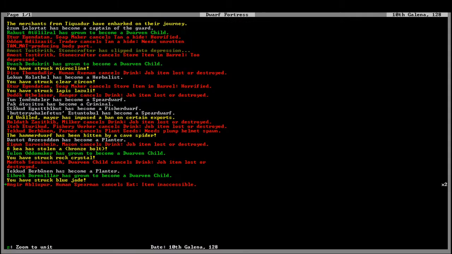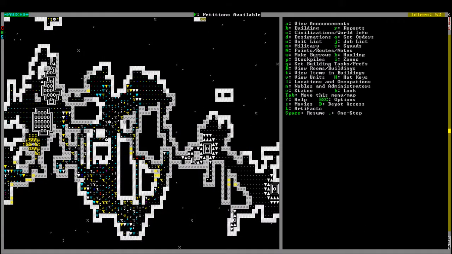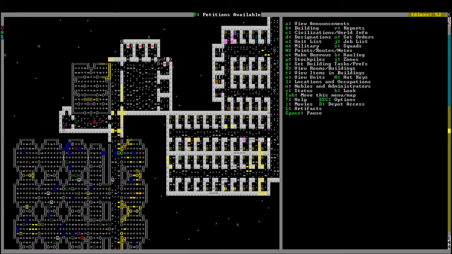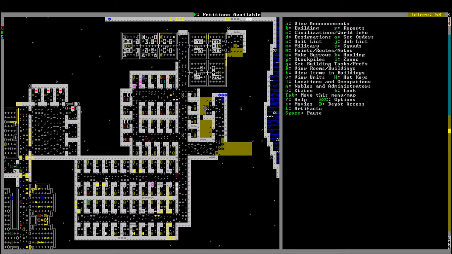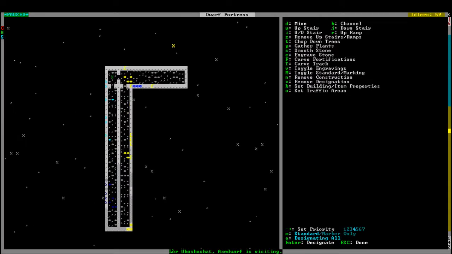Human spearman cancels eat. Item inaccessible. What are you trying to eat? Someone better not have gotten stuck down there again. Trees popping up and blocking their paths. Okay,